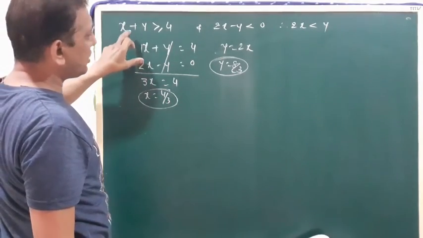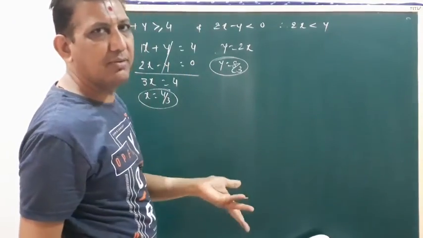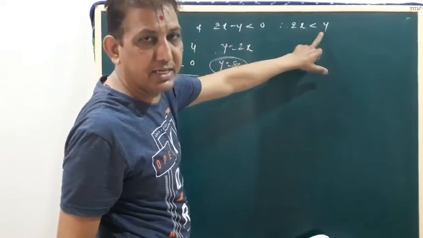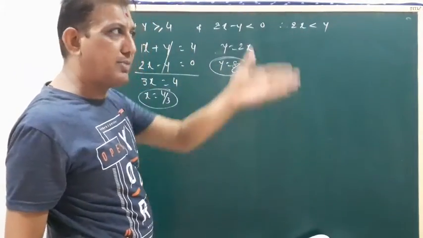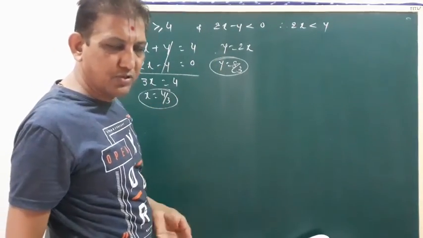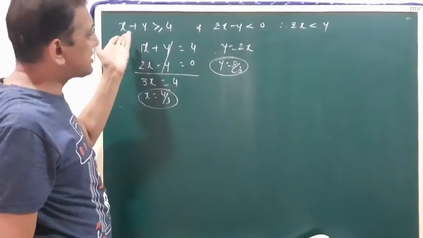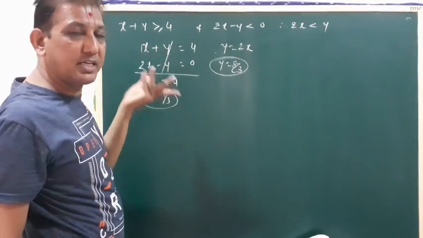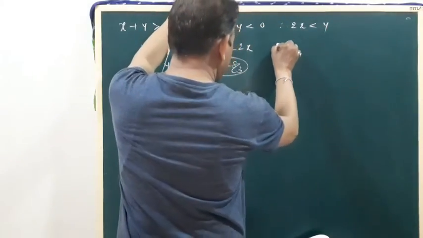We prepare the table only for the first equation, not necessarily for the second equation, because the second equation is a fixed graph passing through the origin. If y is positive, x is positive; y negative, x negative. So both have the same sign, plus plus, minus minus, so it passes through the first and third quadrant. Here also a table is not necessary: if you put x 0, y is 4; y 0, x is 4. So (4, 0), (0, 4). Okay? First we draw the graph.